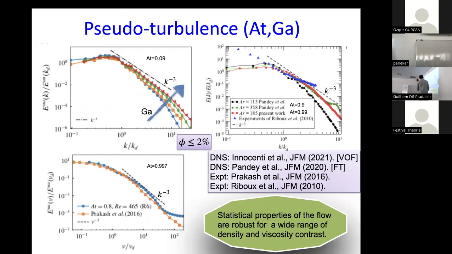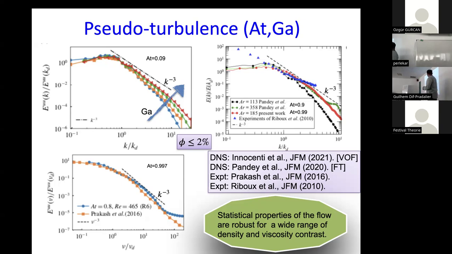Okay, so when we did the first study, it was at 0.09. And what we found is that as the Galilei number is increasing, the spectrum seems to be approaching the experimental spectrum, which is k raised to -3. And then referees being the referees, they said no, you should do simulations at large Atwood number. At that time, the only study available was from that group, which was in frequency space, and compared your data with Atwood 0.997 and showed that it agreed. Then we did that, thanks to the hard work of Vikas, and we showed that it agrees.